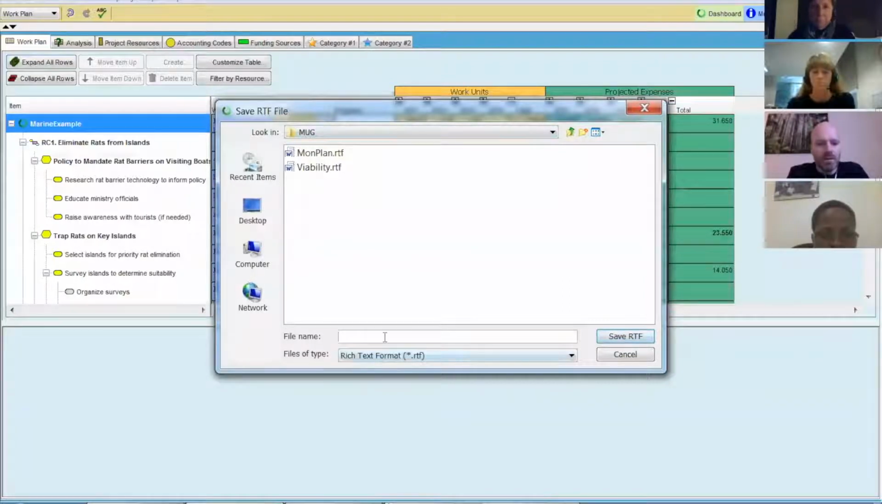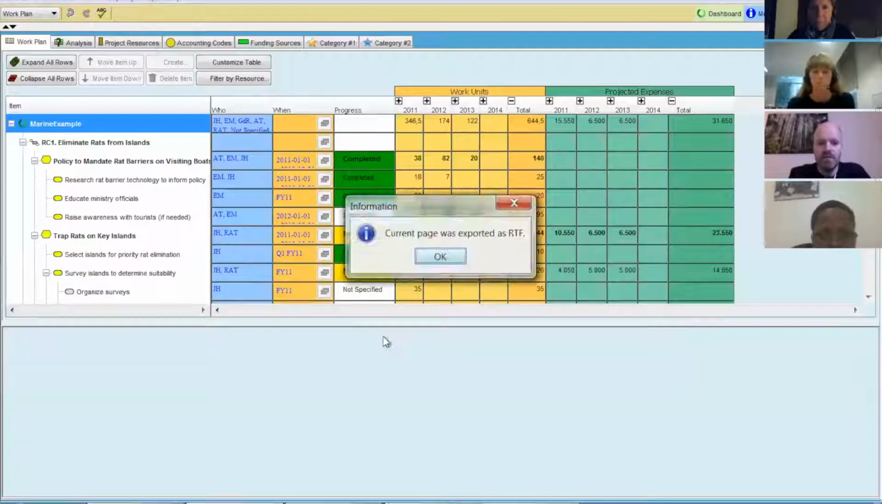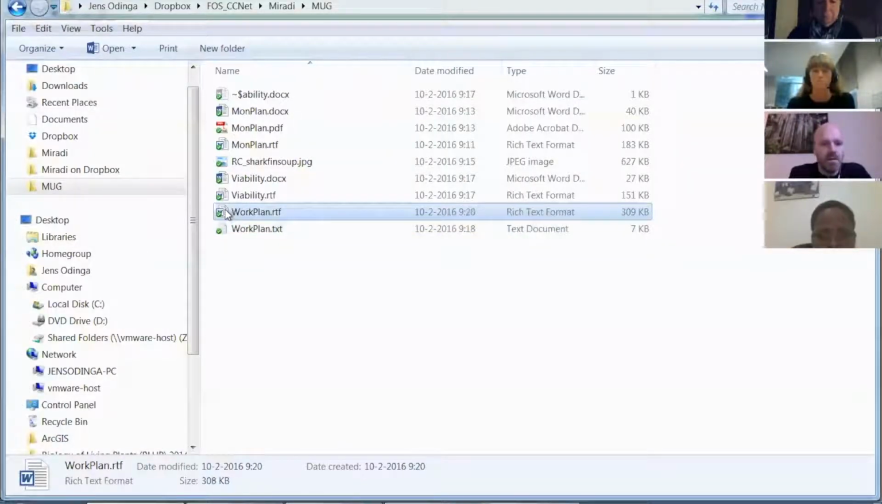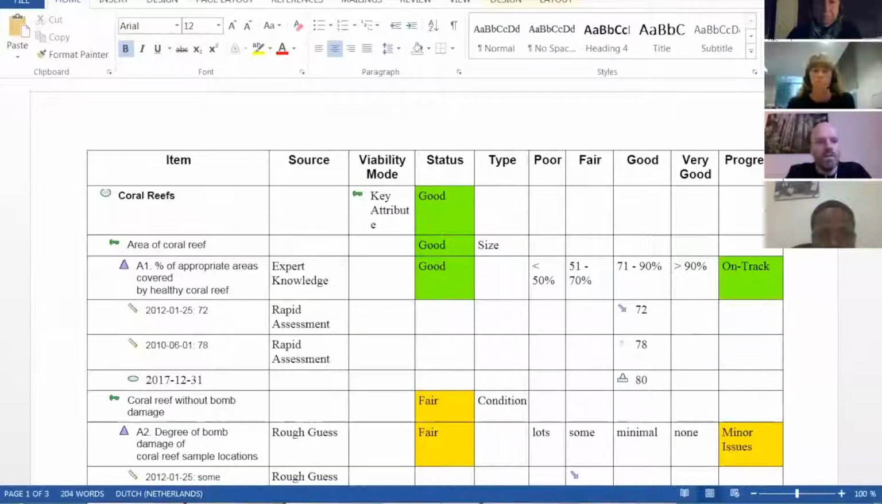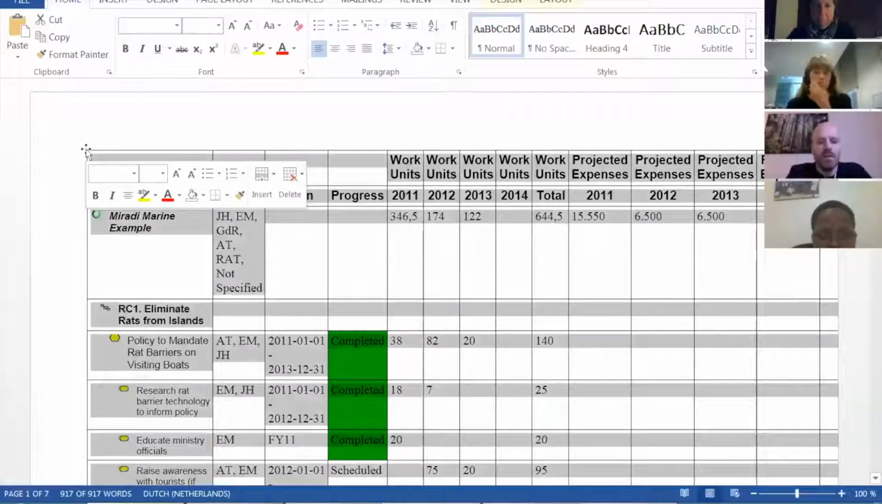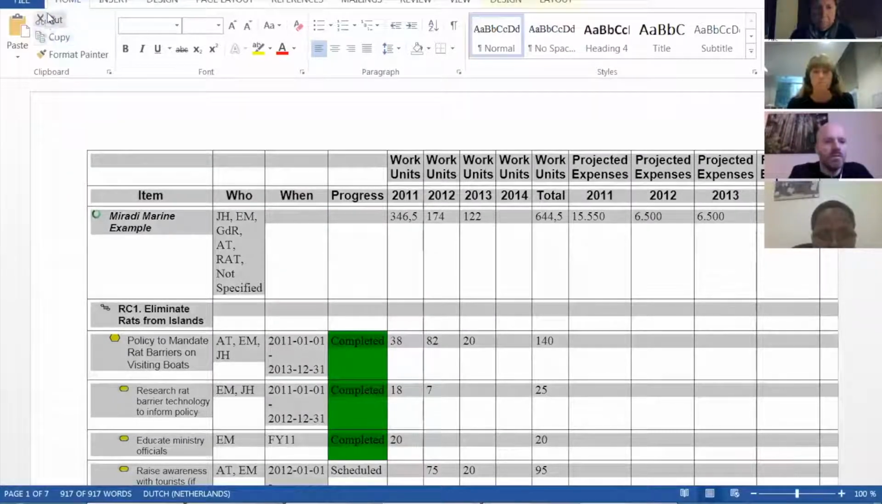So I'm going to export the work plan as RTF. Done. Open it in Word. So here's the same table, but in Word. Now I'm going to select it all. So I've selected the whole table, and I go Control-C, or whatever you'll do, copy, and I'm going to go back to Excel,